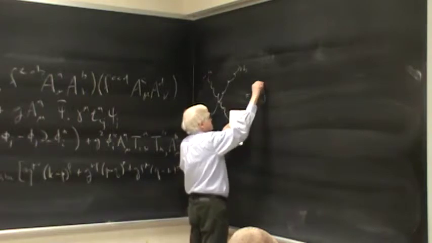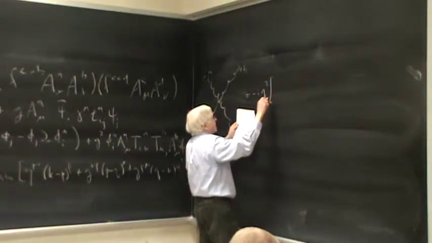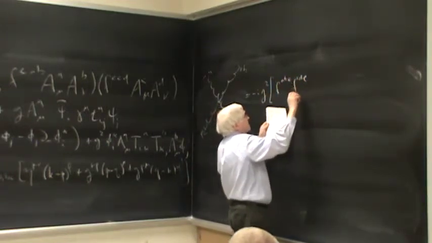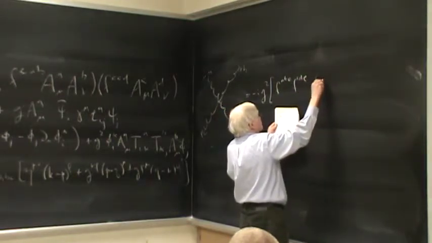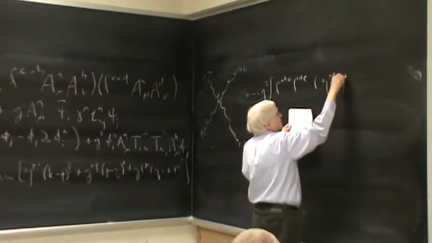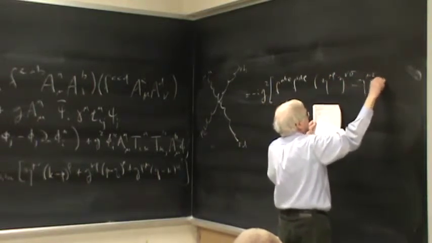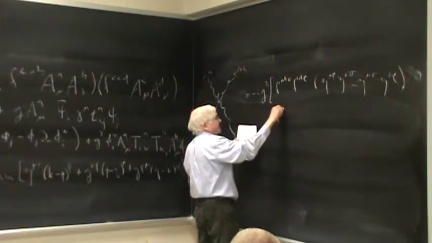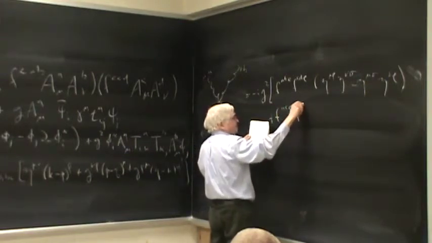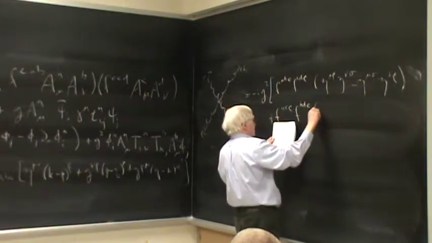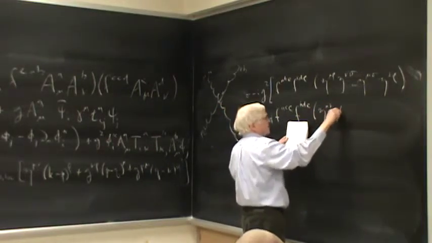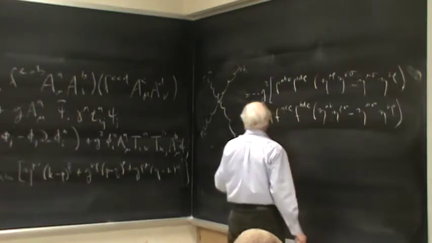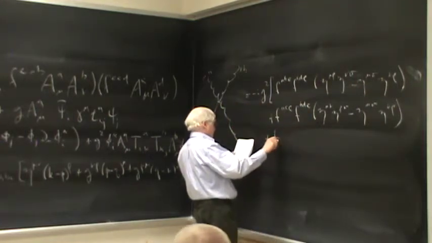All right, minus I G squared times, and now a lot of terms, F A B E F C D E, and we're summing over E, and it's eta mu rho, eta mu sigma minus eta mu sigma eta mu rho, and then a similar term, F A C E F D